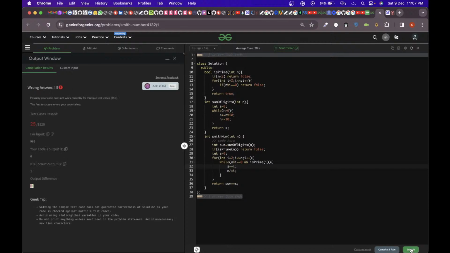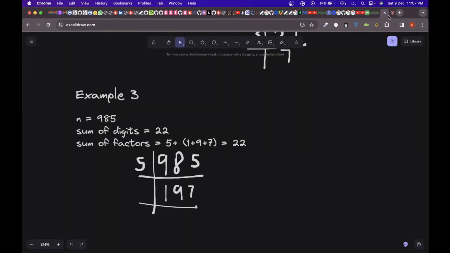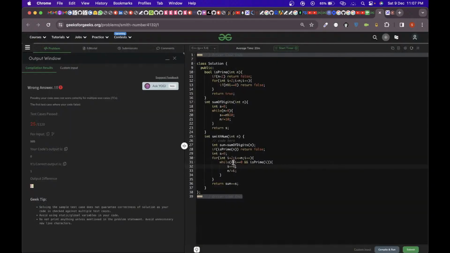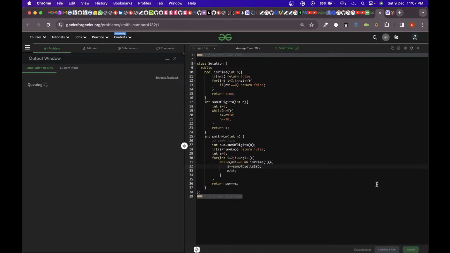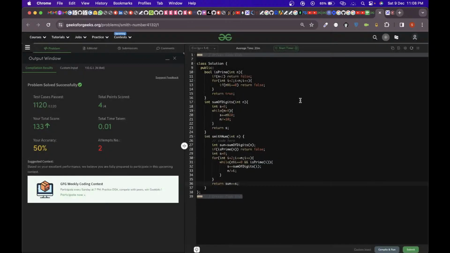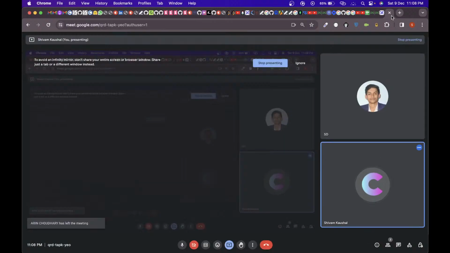Okay. Oh yeah, so we got an edge case in 985, as we can see in the example, that we need to calculate the sum of the digits of the factor. We can simply pass i into our function. So yeah, it got submitted. Okay, so now to use